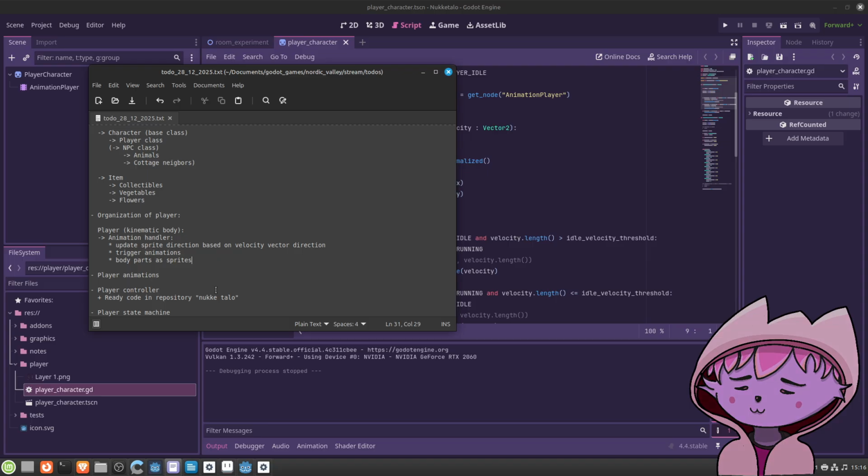And the body parts should also be in this parent-child structure, like feet are the parent node, and then the body is a child of the feet, and so forth.